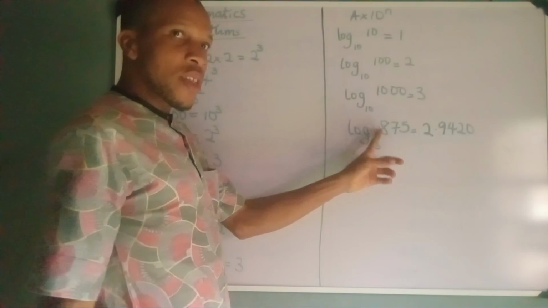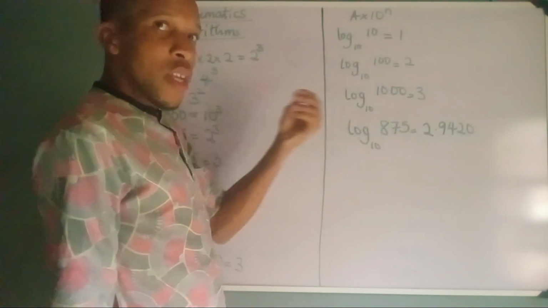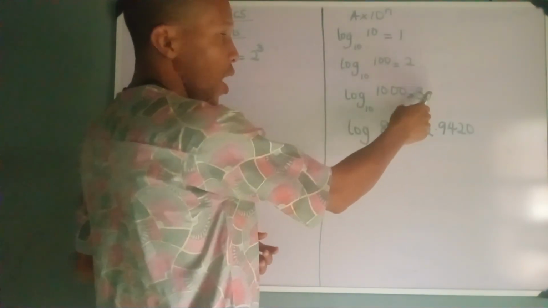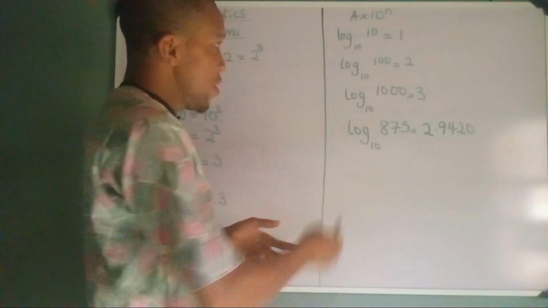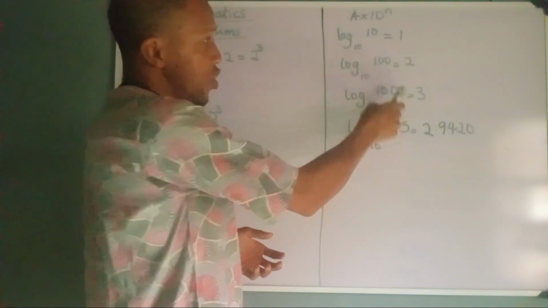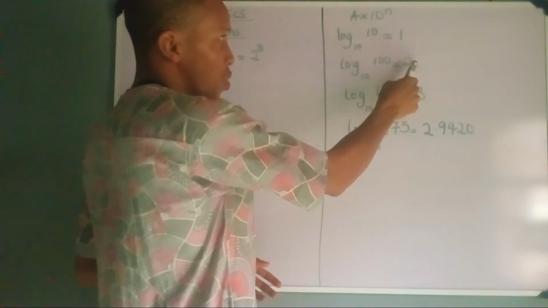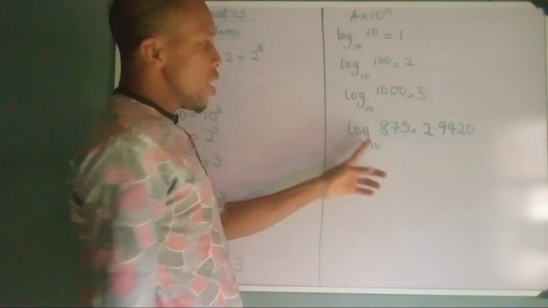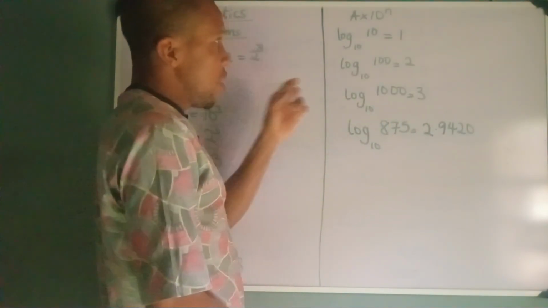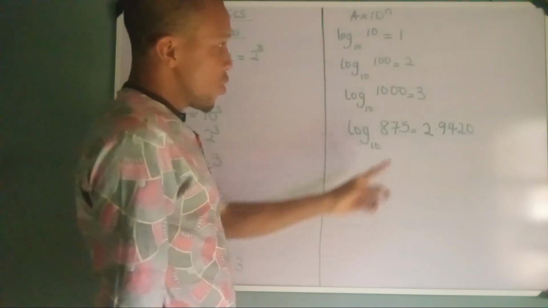Since 875 is bigger than 100 but less than 1000, definitely the power of 10 will be more than 2 but less than 3, because 10 raised power 2 is 100 and 10 raised power 3 is 1000. So if 10 raised power 3 is 1000 and 10 raised power 2 is 100, then 10 raised power what will give us 875? It must be bigger than 2 but less than 3. So the logarithm here is